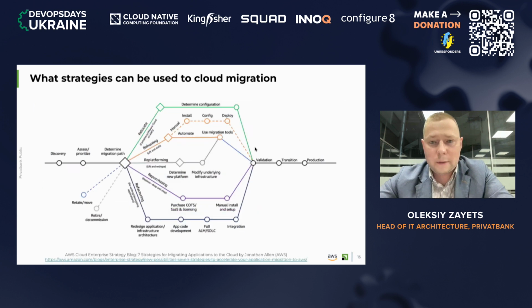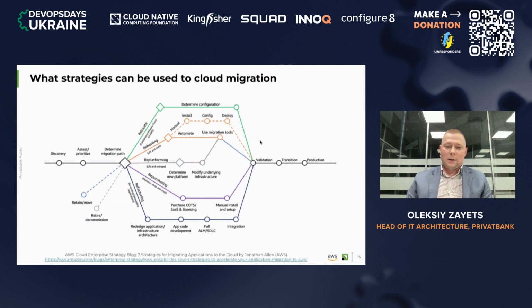But unfortunately, we didn't have the time to do it the right way, and we proposed another way. In this diagram, you can see the main strategies which companies prefer to use while migrating to cloud. The easiest one is relocating. It's like our VMC. We just take virtual machines from VMware and relocate them to VMware on cloud by a native mechanism without significant effort from our DevOps teams.